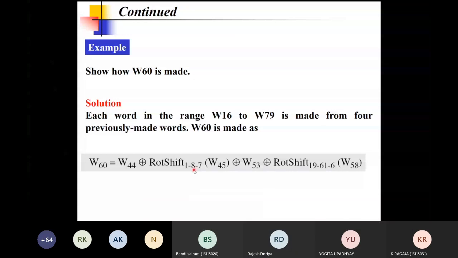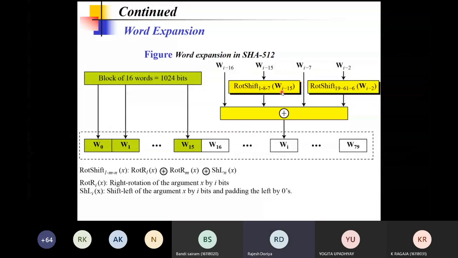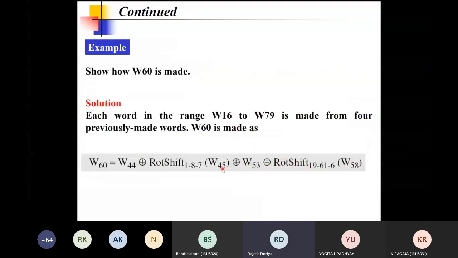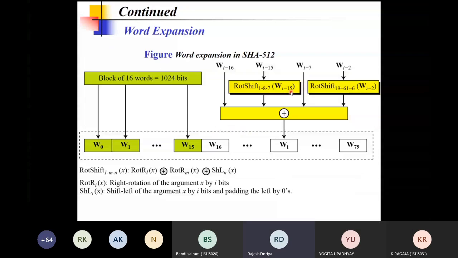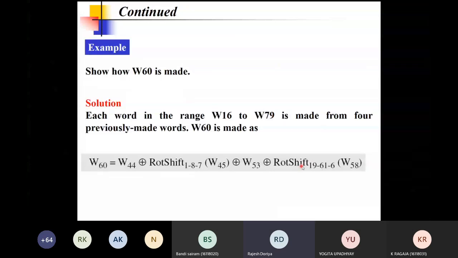Then in this round it is going to be 45, 60 minus 15. Similarly, the rest of the words will be calculated. And when you perform the XOR of all these words, then you will get the final word. So this is how we create a word in this particular thing.